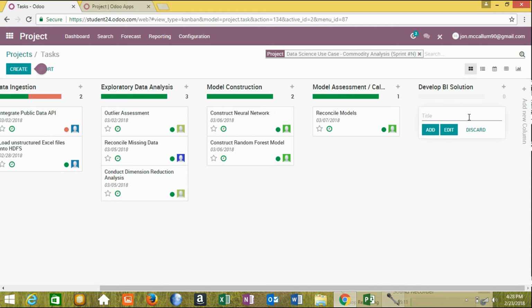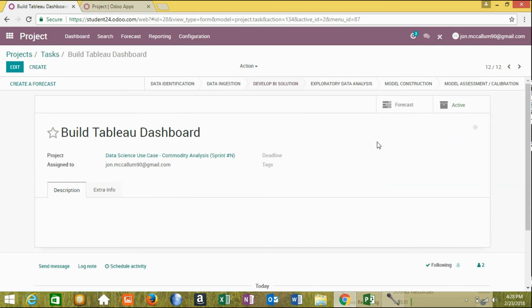We can then add additional tasks to this. So I'm going to call this build Tableau dashboard. So now we have a new task. But this task isn't assigned to anybody. So we'll have to edit